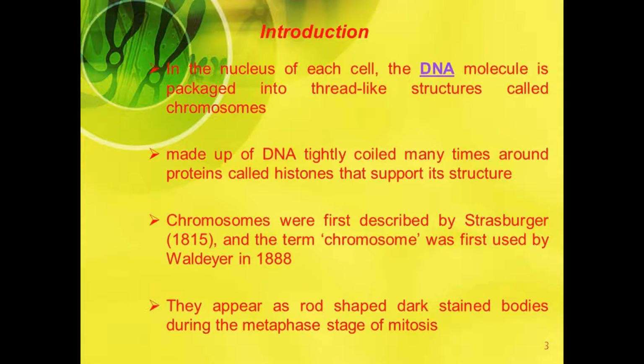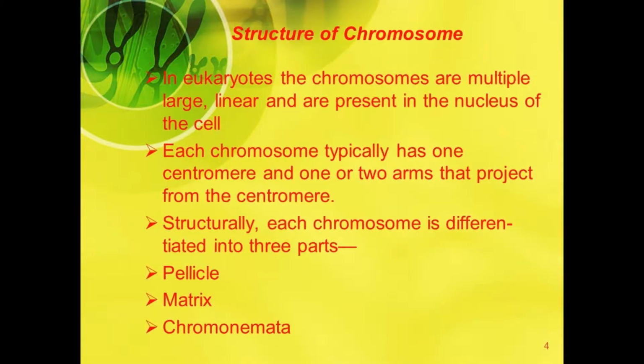When we come to the structure, in eukaryotic cells, chromosomes are composed of a single molecule of DNA with many copies of 5 types of histones. Histones are protein molecules rich in lysine and arginine residues. They are positively charged, hence they bind tightly to the negatively charged phosphates in the DNA sequence. A small number of non-histone proteins are also present, and these are mostly transcription factors. Transcription factors regulate which parts of DNA are to be transcribed into RNA.